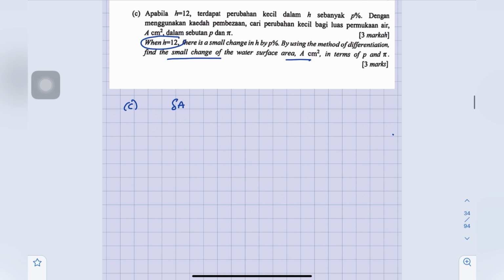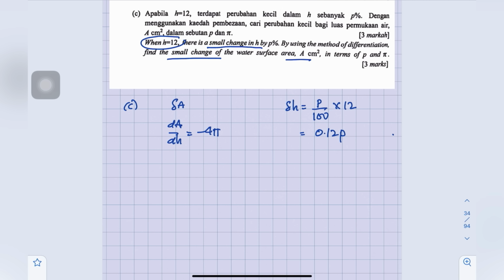Then when h equals 12 as well, there is a small change in h. Meaning that delta h is p over 100, p% times 12,